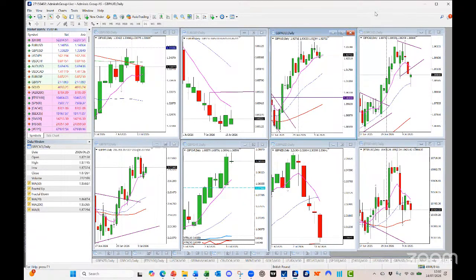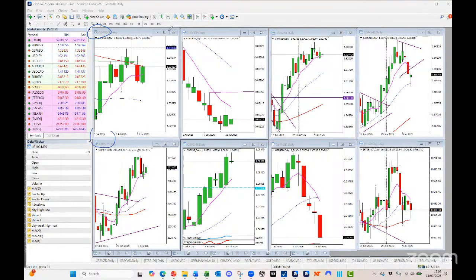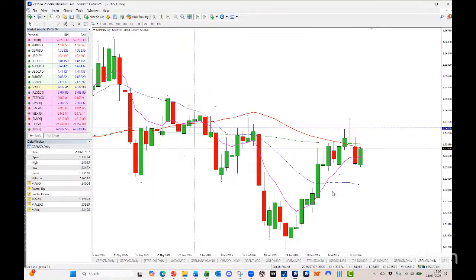Okay, and as always, let's finish off with sterling. So this is my sterling profile. I've got pound against dollar, pound against yen, euro sterling, pound Swissy, pound Aussie, pound Kiwi, pound CAD, and the FTSE. Let's just focus on the sterling because I appreciate we've overrun a little bit. I do apologise, but as always, there's lots for me to share with you. So let's look at pound against dollar.